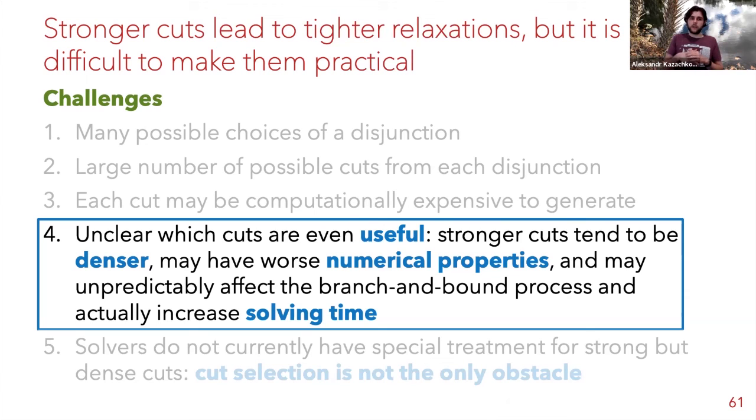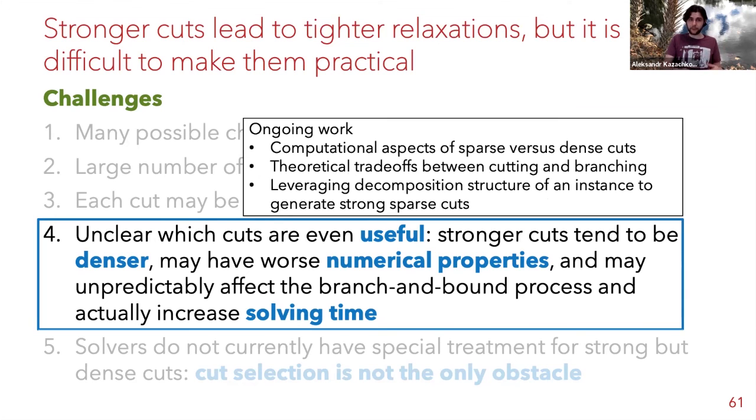And so denser cuts, we would like to avoid them. And how can we do it? And this leads to several of my ongoing projects. First, we can look at computational aspects of sparse cuts versus dense cuts generated in a certain way. I also have a project, most of this work is actually made possible by being a postdoc in Montreal. So I really appreciate the opportunity and the avenues that I was able to explore